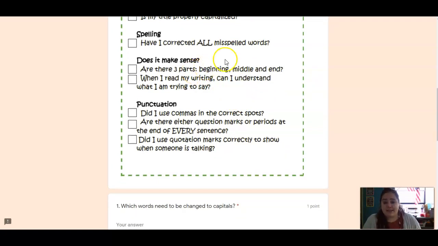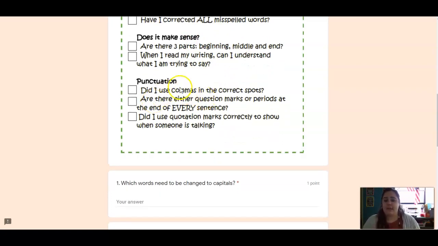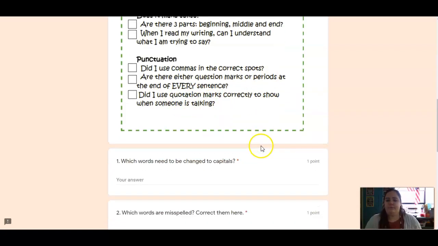Does it make sense? So reread your paragraph. Does it have a beginning, middle, and end? Can you understand what you're trying to say? And then lastly, your punctuation. So your commas, ending every sentence with a punctuation mark. And if you have any dialogue, make sure you use your quotation marks correctly.